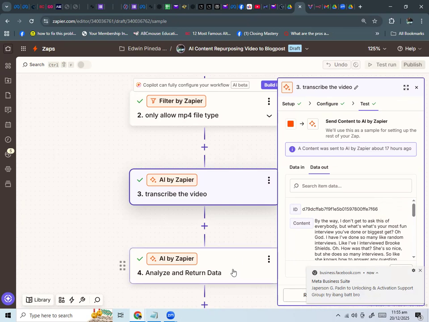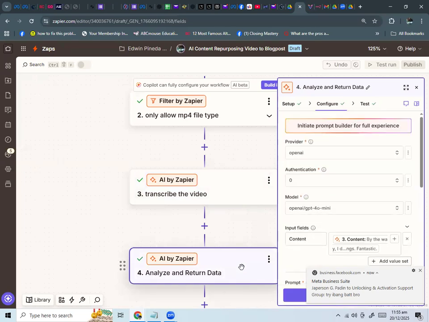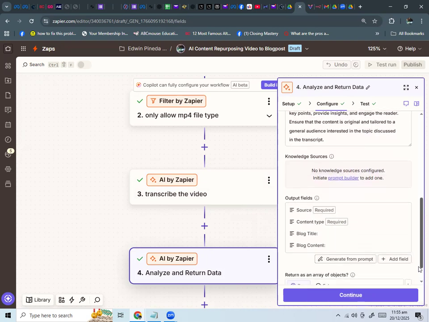Then as we continue, the Zapier tool is going to create this blog content.